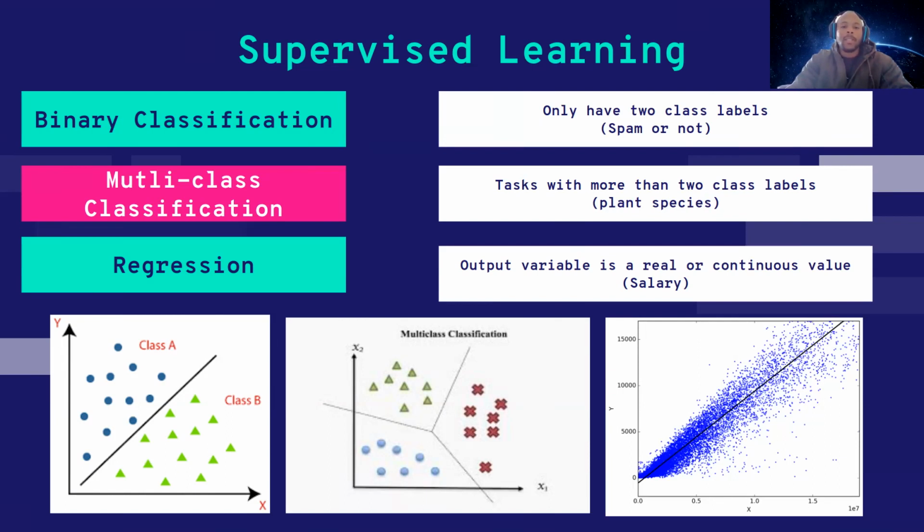But supervised learning is split into two different problems. One is classification, one is regression. With classification, we assign test data into specific categories. It recognizes specific entities within the data set and attempts to draw some conclusion. Now with regression, we have a dependent and independent variable that we're trying to look for.